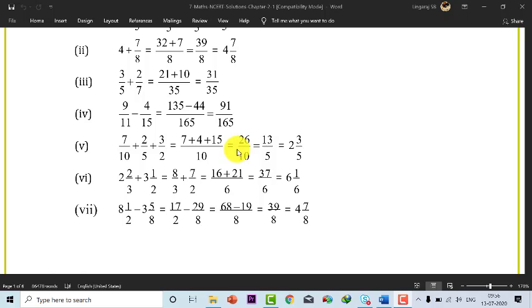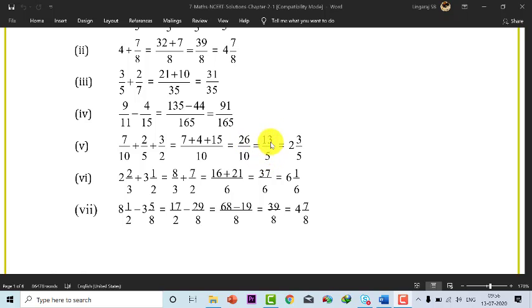10 is the LCM, we can write it in the denominator place. So the least form of this 26 by 10 is 13 by 5. Here we are cancelling 10 by 2. 2 5s are 10 and 2 13s are 26. So 13 by 5 is the answer.